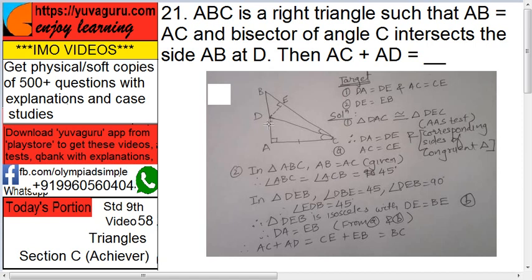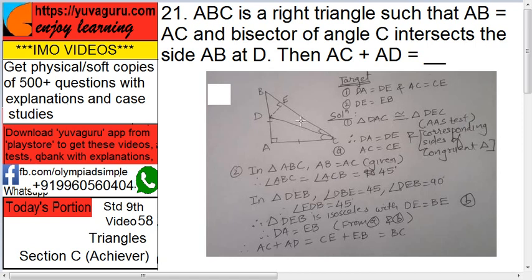In triangle DAC and triangle DEC, see here what we have done is we have constructed a line DE perpendicular to BC. We have drawn it ourselves, that's why it's shown as dotted. So in triangle DAC and triangle DEC, what is given? Angle ECD and angle ACD are congruent. Angle A is congruent to angle E, 90 degrees, and side DC is common to both. So these two triangles will be congruent by what? The AAS test, right?